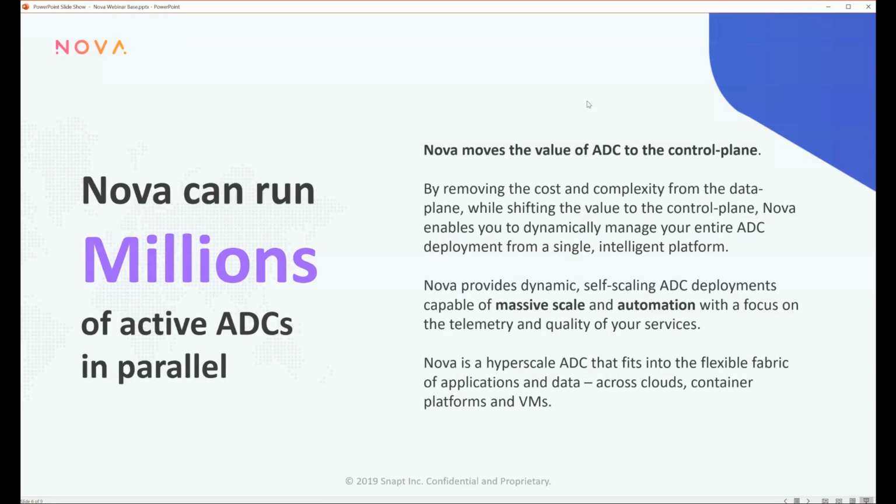Nova fundamentally changes that by saying, well, you configure everything in the Nova cloud application and then deploy that to locations however you see fit, right? And an individual device in a location has no real value anymore because it can easily be reproduced. So it allows us to provide this dynamic self-scaling ADC that's basically automated and lets you see all of your data in one place. And we'll go into some examples of that when we actually look at the product.